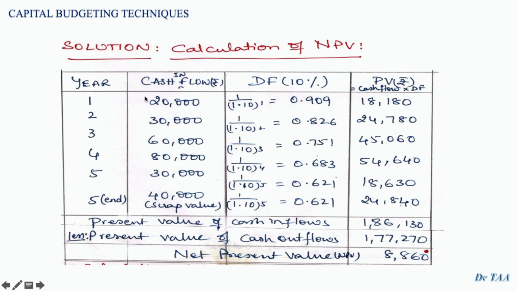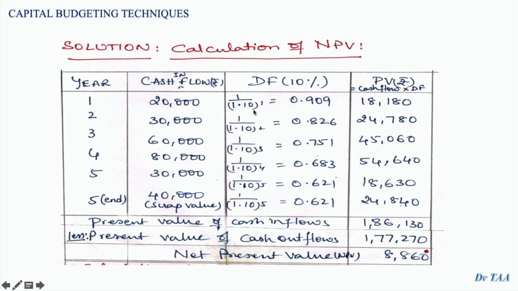Okay. Now the first step is we calculate the present values. For present values, you take the tabulated form. First column you have year, second column you have cash inflows, discounting factor, then present value. Present value you will get by multiplying the cash inflows by the discounting factor. Now if you see the years carefully, I have taken 1 to 5 years, which are the cash inflows. At the end I have taken 5th year also, because they have given a scrap value or salvage value of 40,000.